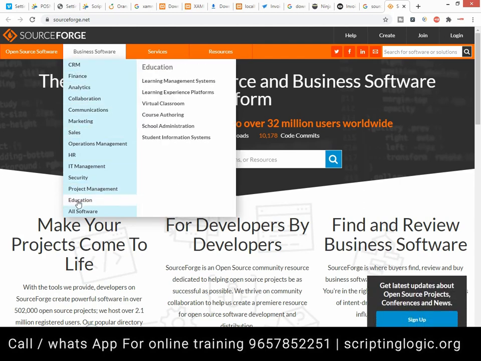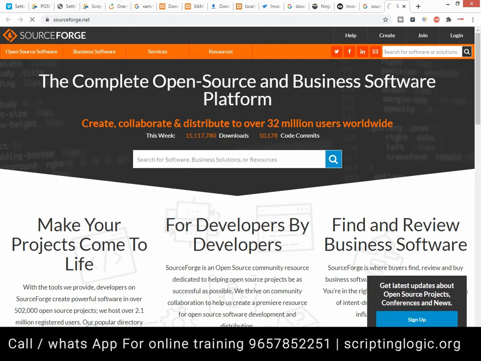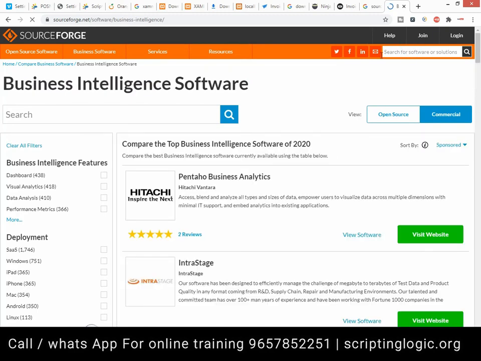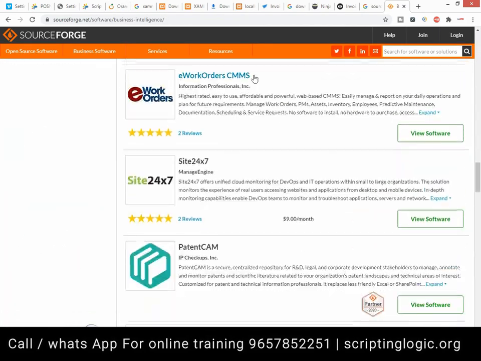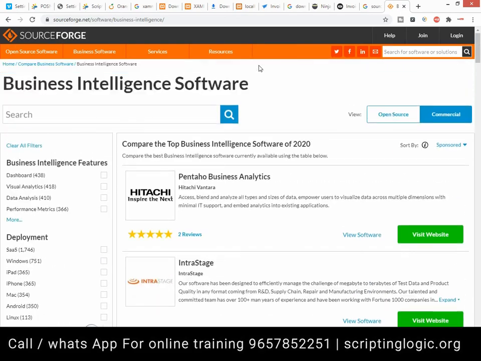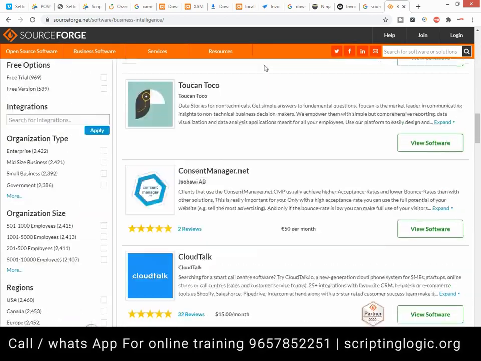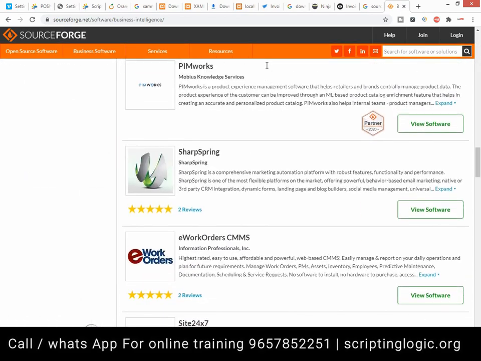Here there are categories. You can go to the categories or even search here: hotel management system, hospital management system, school management system, college management system. You will get it here. Some of them will be free, some of them will be paid. I have searched lots of things over here.